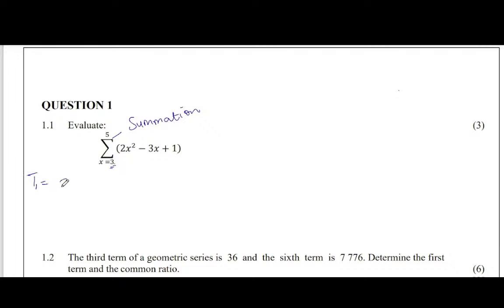Okay, so this is going to be 2 times 3 squared minus 3 times 3 plus 1. So that is 9 times 2 is 18, minus 9 is 9, plus 1 is 10. Okay, and then I need my second